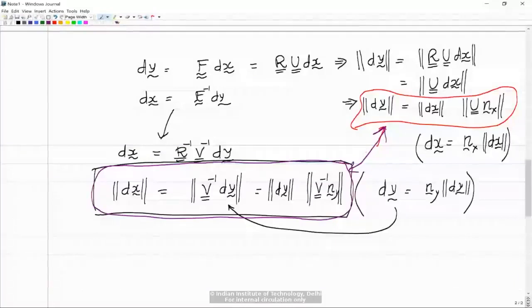Okay, so the role of U is actually taken over by V inverse. And that's also quite clear from this formula, that in the inverse map, it is V inverse which is present. It is V inverse which is to act on dy. Okay,